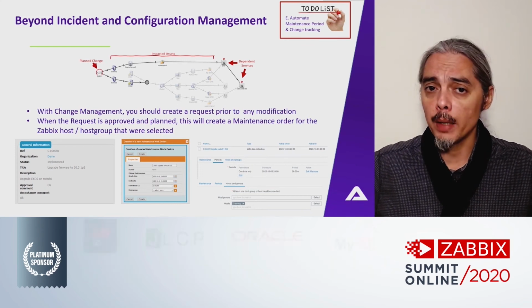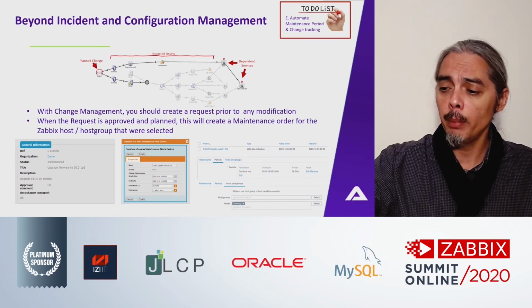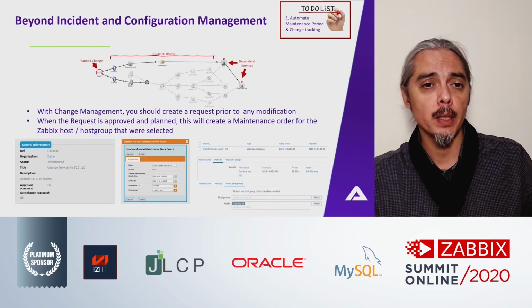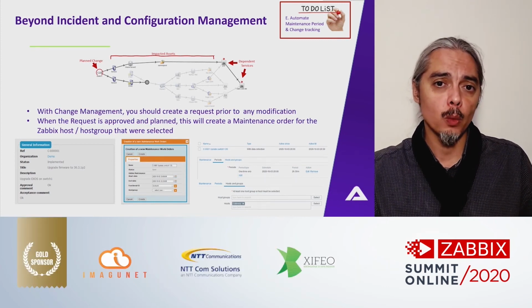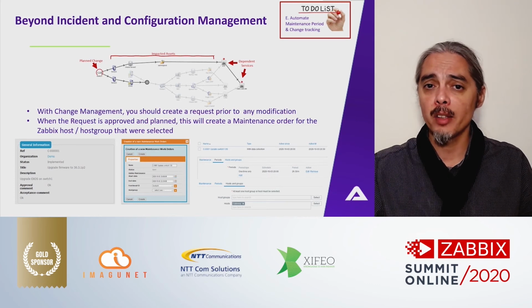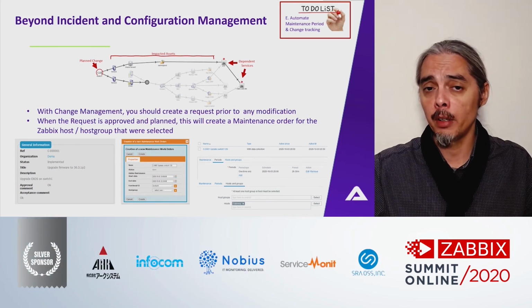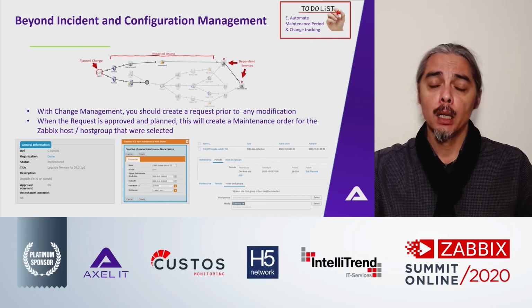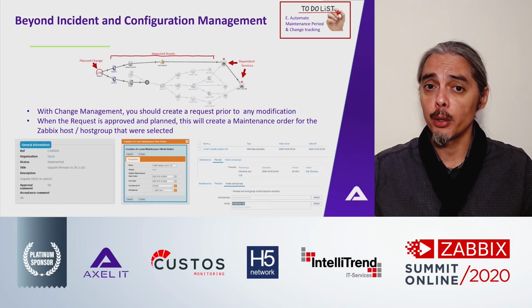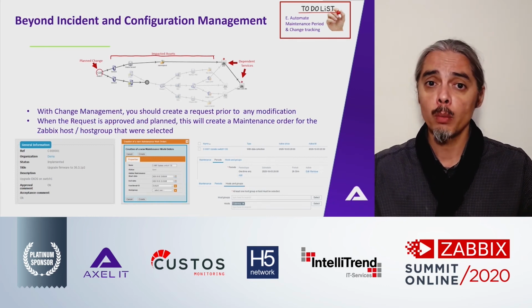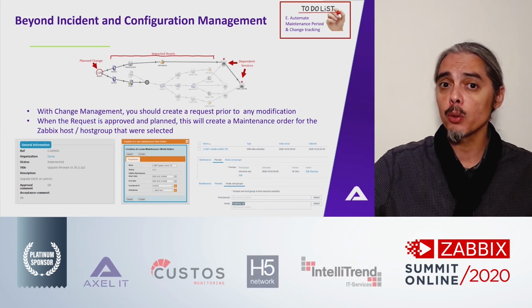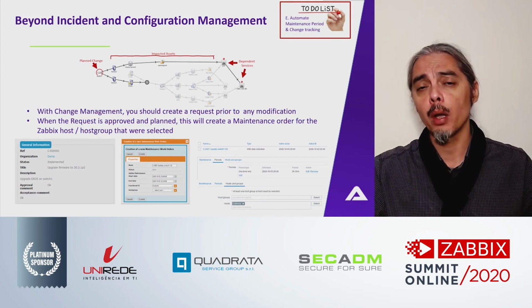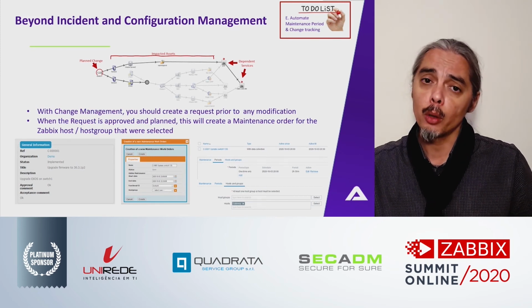And to finish our last use case, one of the things you might remember from the plan change diagram that I presented earlier is, well, in change management, once you have that deployed, basically anytime you would do anything on the infrastructure, you should log a change, and that should be reviewed, planned, approved, notably to make sure that your change is not going to collide with some other supplier or some other team also performing work at the same time. And so when the change request is approved under iTop, what we do is automatically